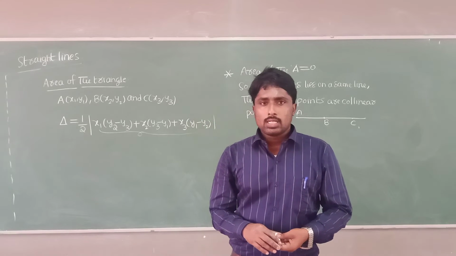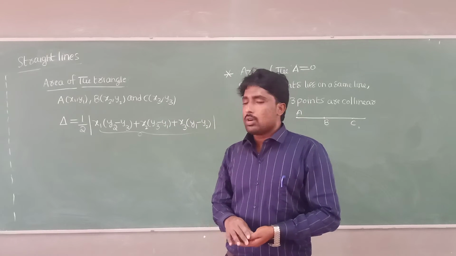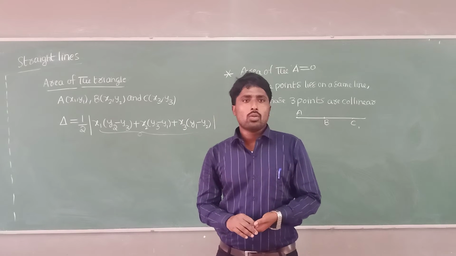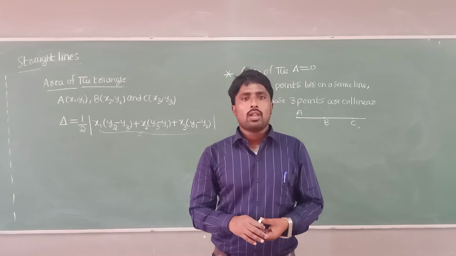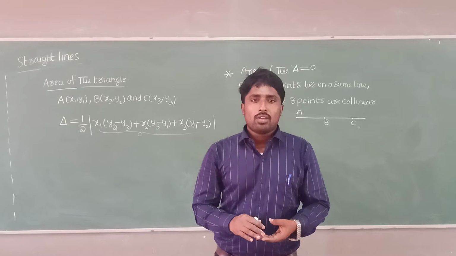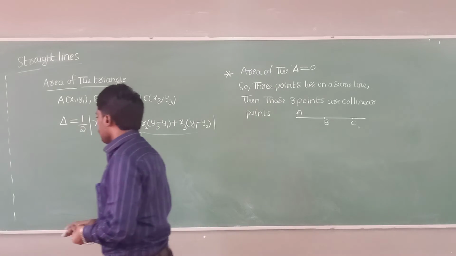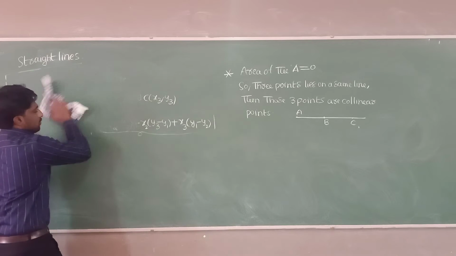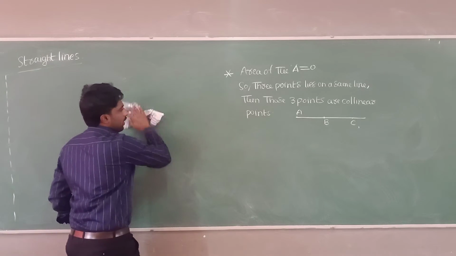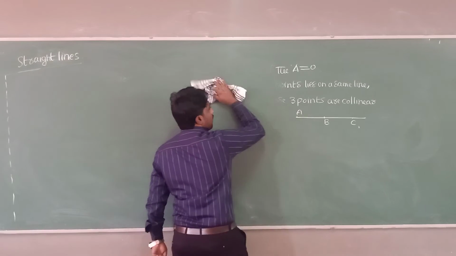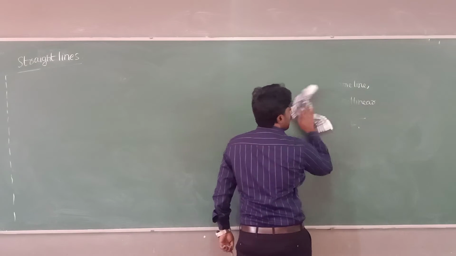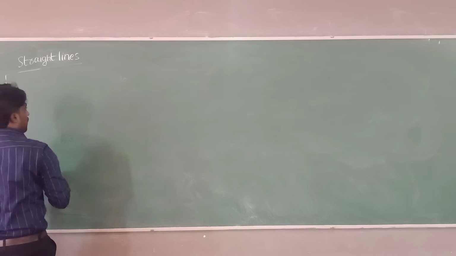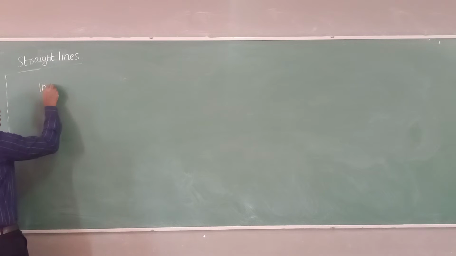Next we will speak about straight lines now. Before explaining straight lines, we have to know what is the inclination of a line and the slope of a line. Is it clear for everyone? Now, what is the inclination of a line? All of you listen very carefully. These straight lines concepts are more interesting if you understand the concept the easy way. So, for example, inclination.